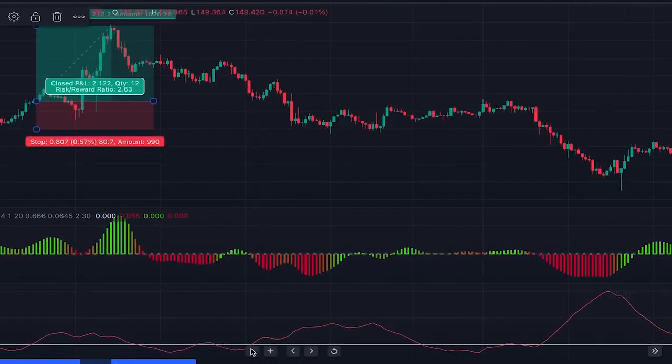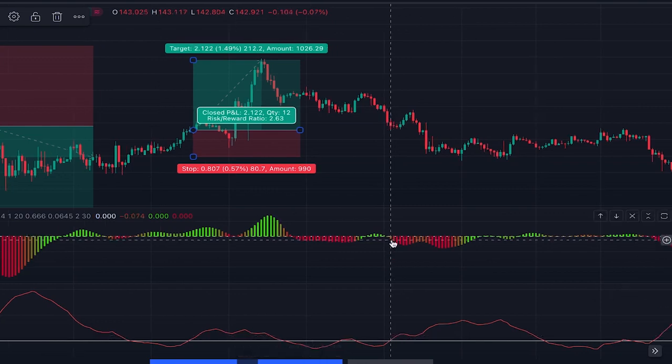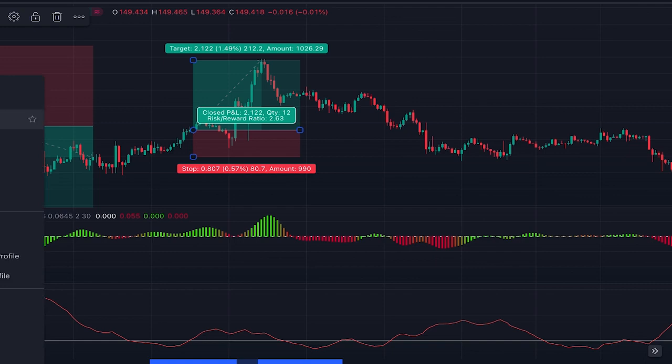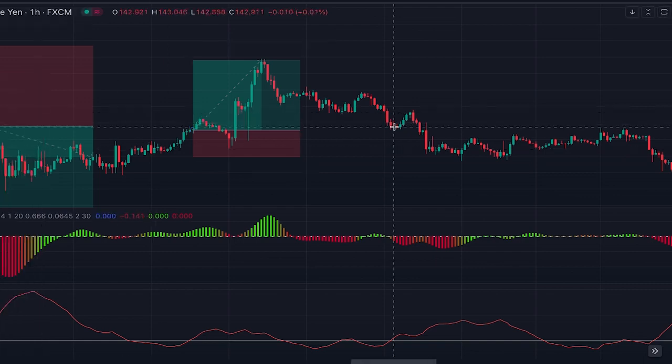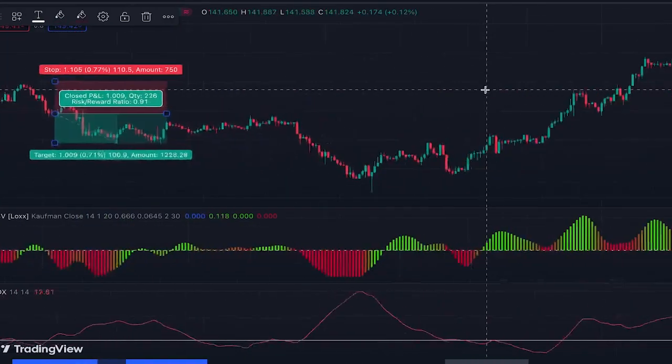Here we had another signal where the ADX line crossed above 20 level. Here we have high velocity for downside momentum, so based on this signal we can enter a short position at this point where this new candle is opened, the stop loss above the previous swing high, and this trade is